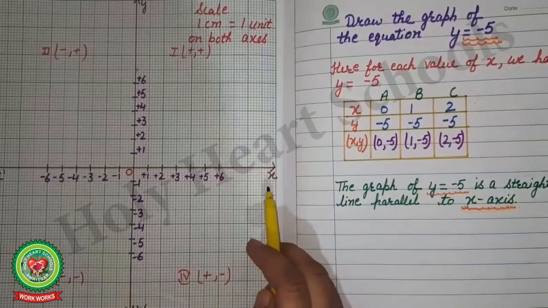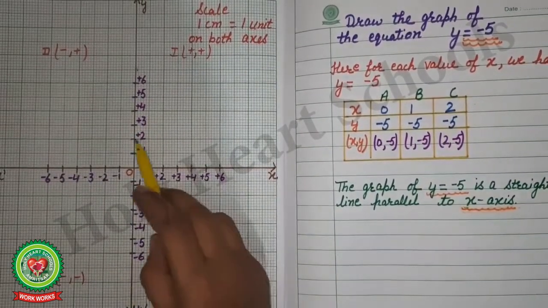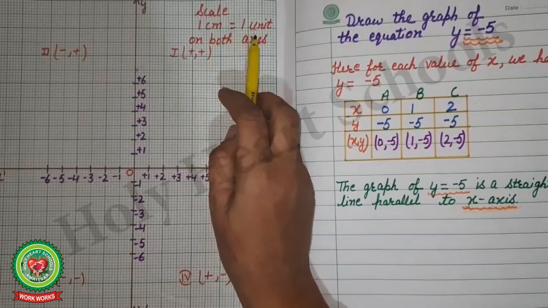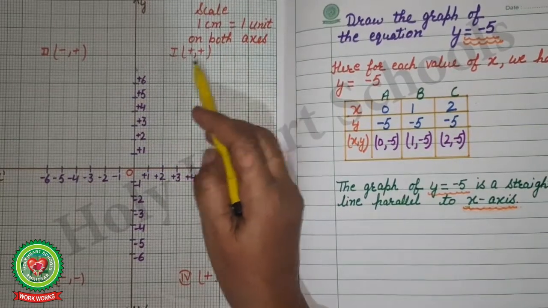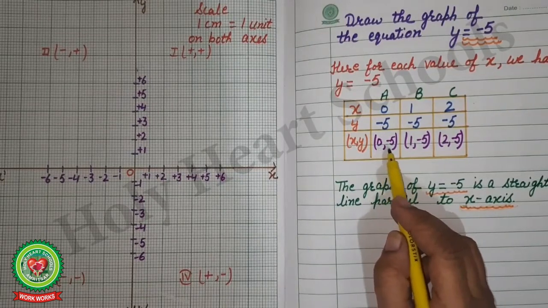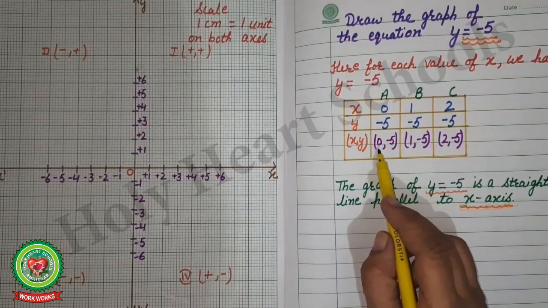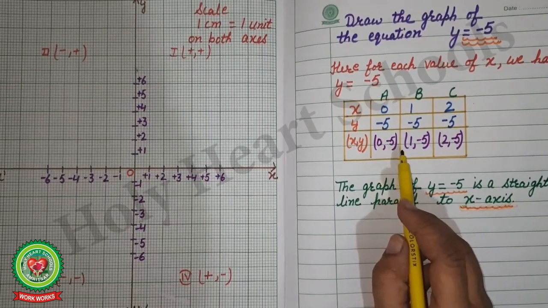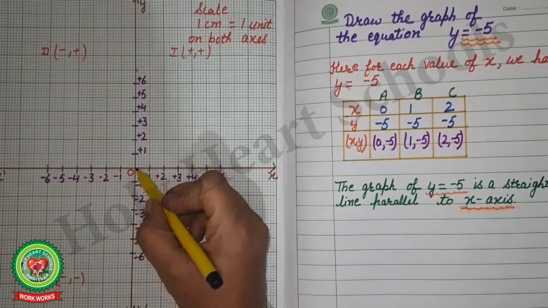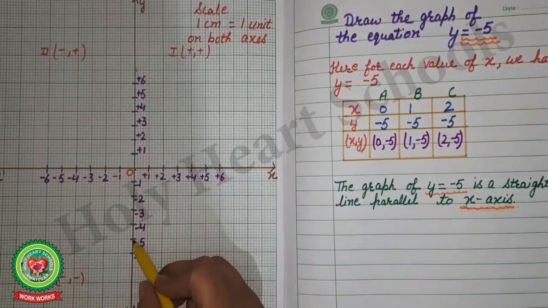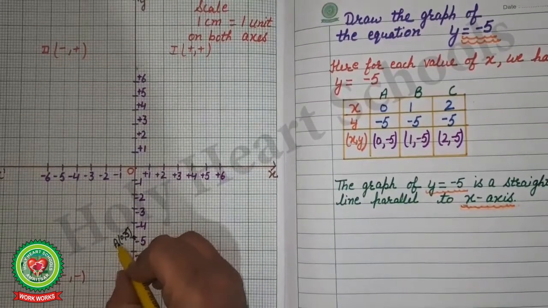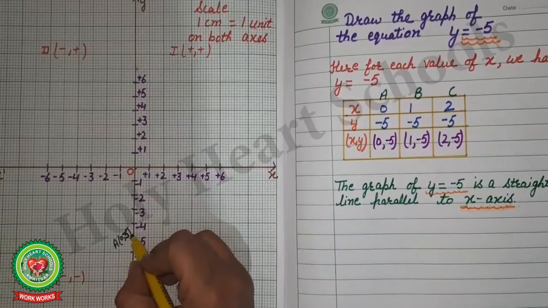Yes students, this is a graph sheet. X-axis, y-axis, equal distances, marks of the numbers, and write the scale 1 centimeter is equal to 1 unit on both axes, and write the quadrants along with their signs. Now first is (0, -5). The abscissa is 0, so it lies on the y-axis. 0, -5 units on the y-axis, so we will move down. This is -5, and we will mark here and name it A (0, -5).